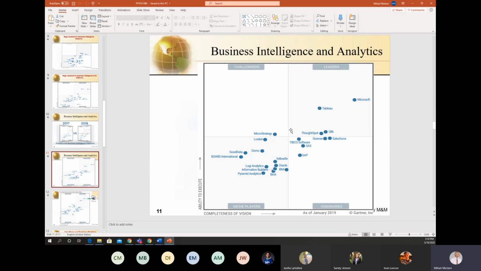In 2019, as we can see, many companies try to join the leaders and become leading providers, vendors of software.